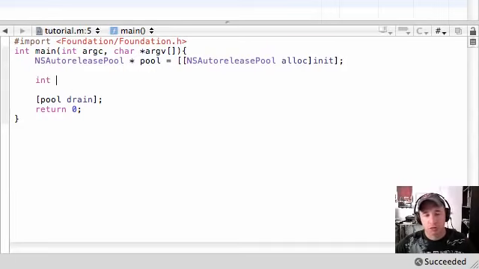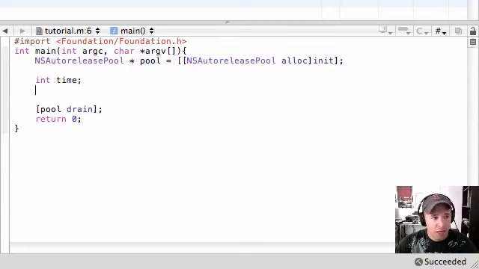So enough of just random talking. Let's actually get the program so we can actually understand what I'm talking about. Let's go ahead and make a variable called time, and we're going to have them enter the time. So let's put in an NSLog